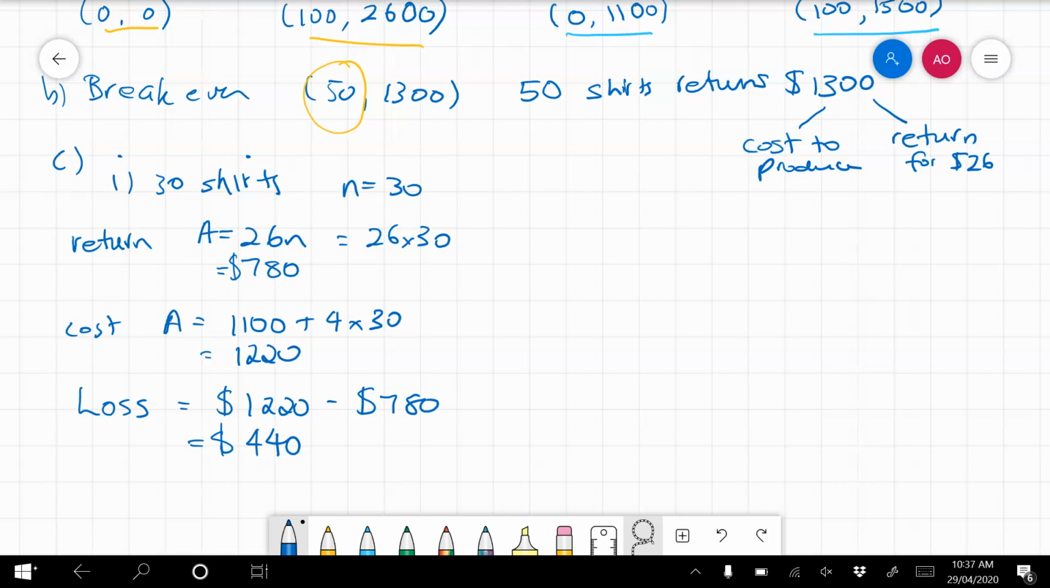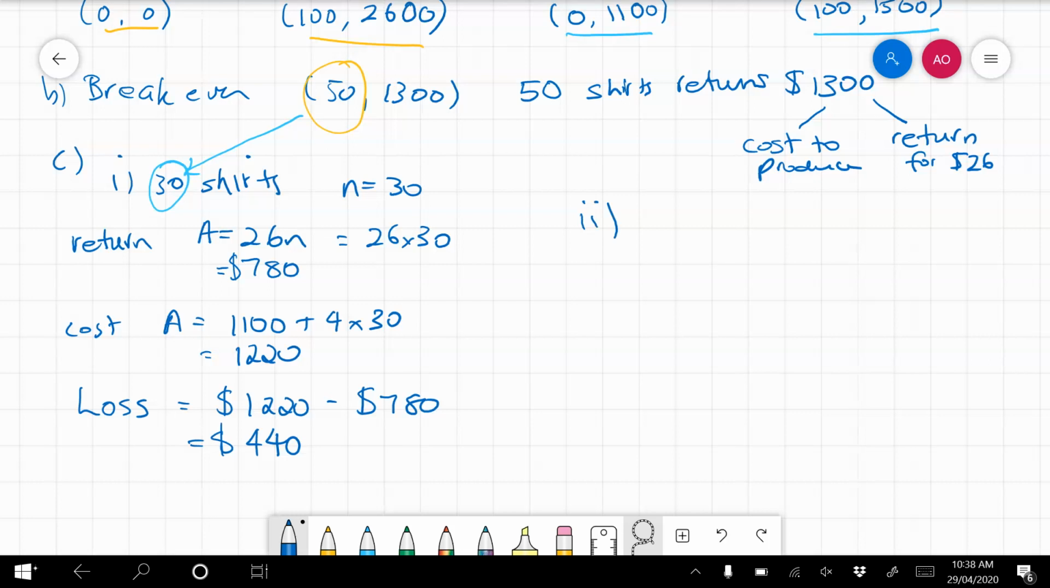So if I only make 30 shirts, I'm going to be at a loss. If you had done it the other way around, I think the exercise book does it the other way around, 780 minus the cost, you end up with a negative 440. So that works out that it's already a loss. Because we had done 30, we already knew that 30 was less than 50, so we were going to make a loss. Okay, and so let's see how much profit we make then if we